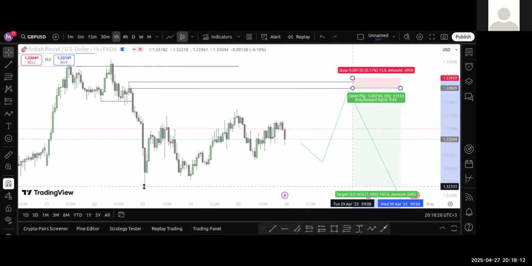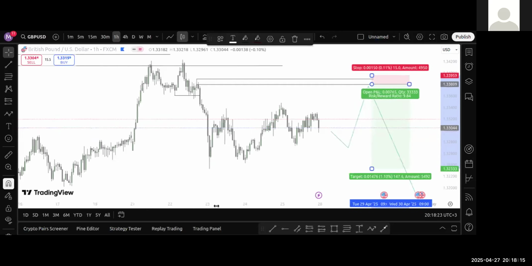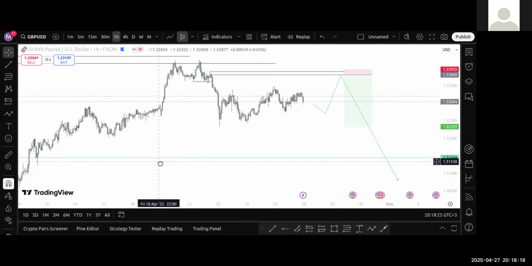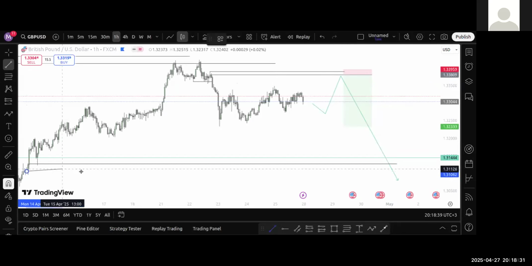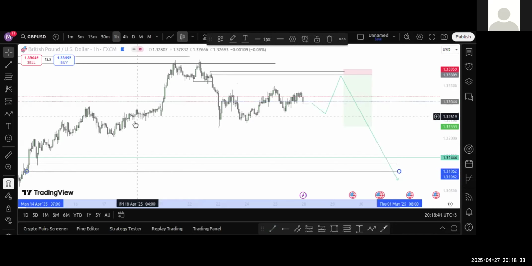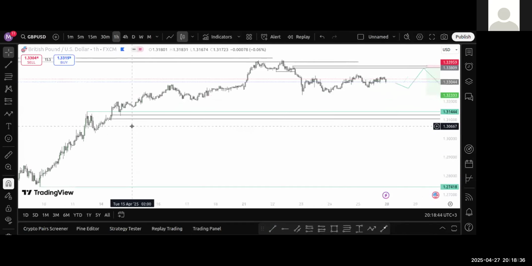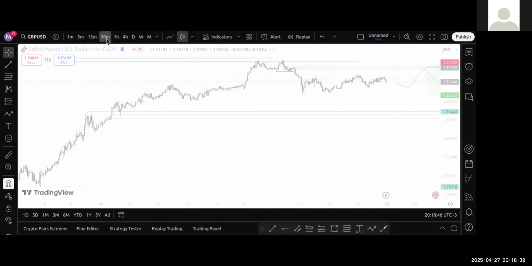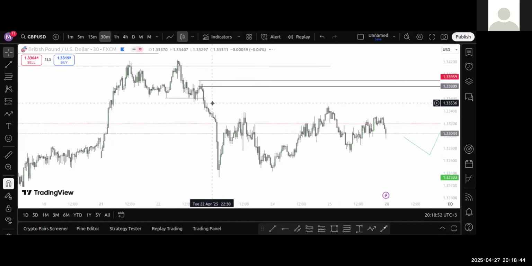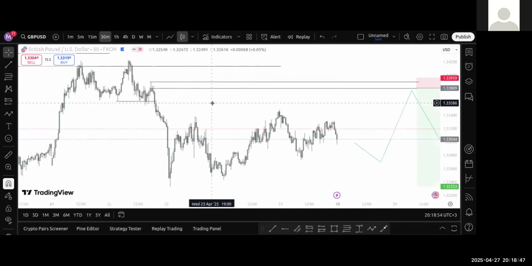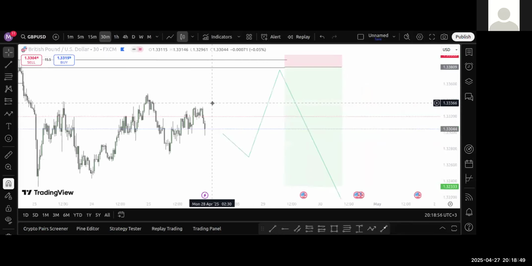Your first TP can be this zone. Then the other TP can be our zone down here that I've told you. We'll be waiting for price to come around here. Then we'll wait to see how price reacts from this zone. Maybe we could be taking buys, but ideally, we're expecting the dollar to be a bit stronger. But we make room for any changes that might occur. We are not rigid. So that's the first trade that